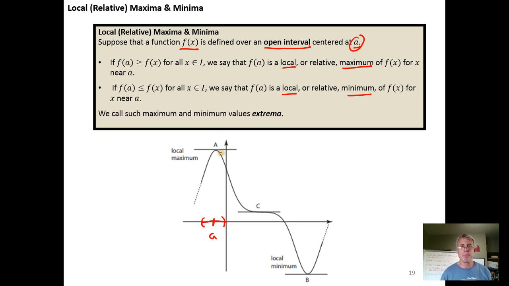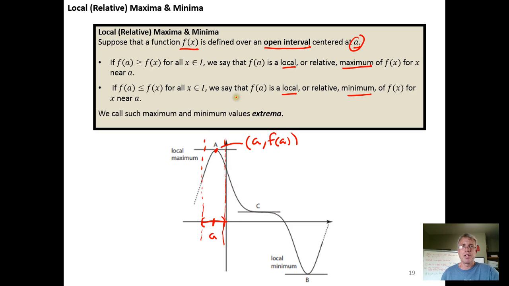what we want to notice is that a is an input value. So this point right here is going to have an ordered pair associated with it. It's located at input a, output f of a. You plug a into the function to get the output value. And what we want to identify is that over this open interval that I've drawn centered at a, so if I look at the function just over that open interval,